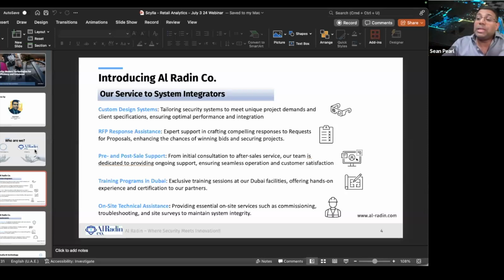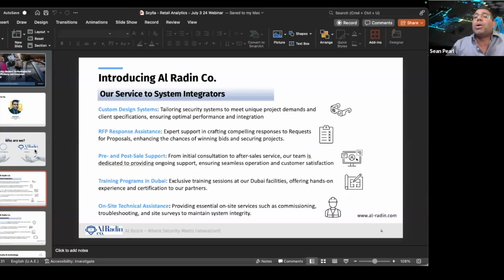Then any kind of pre-sales and post-sales support, since we are in this region for a fair bit of time, we have good understanding of the market. We actually work as a consultant to our partners, recommending solutions, compiling different technologies that will give you a comprehensive solution package.